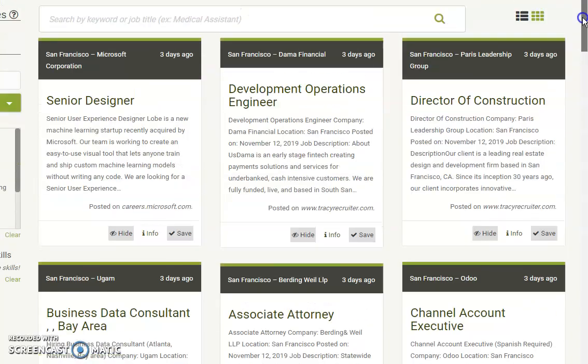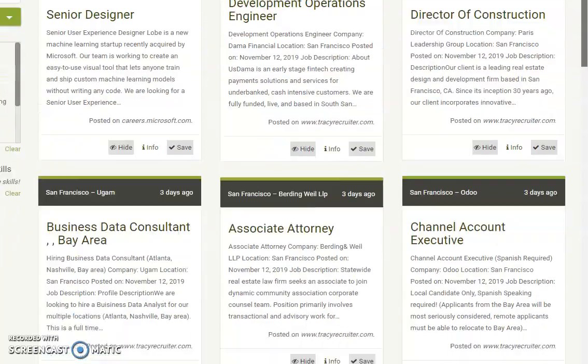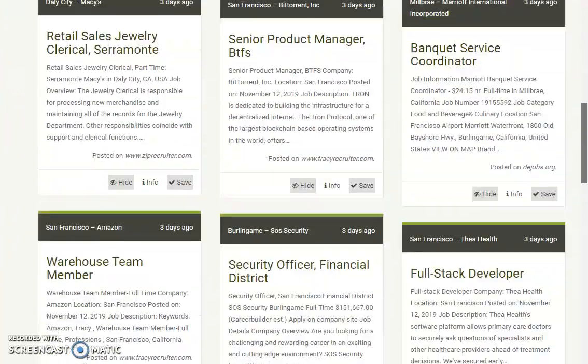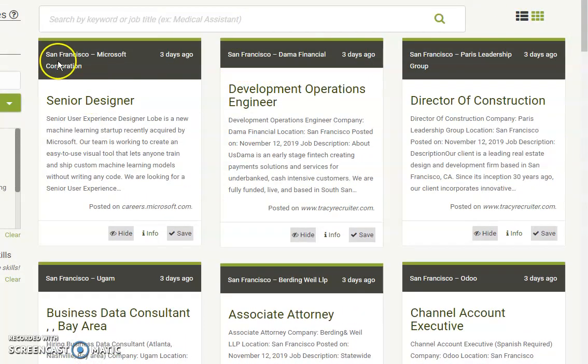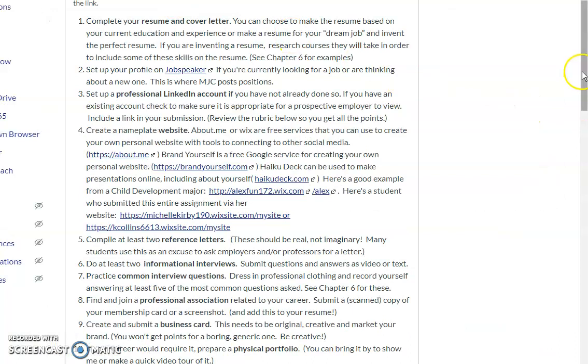You can set up an account and you're going to see a job board of jobs that might or might not be relevant to you. It's pretty cool if you're actually currently looking for a job, which I'm not sure I want to encourage you right now. But everybody who posts on here knows that you're a student, and that's kind of cool. You don't have to talk about your schedule being limited.